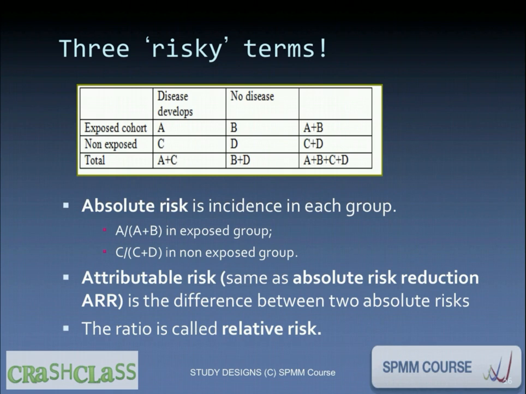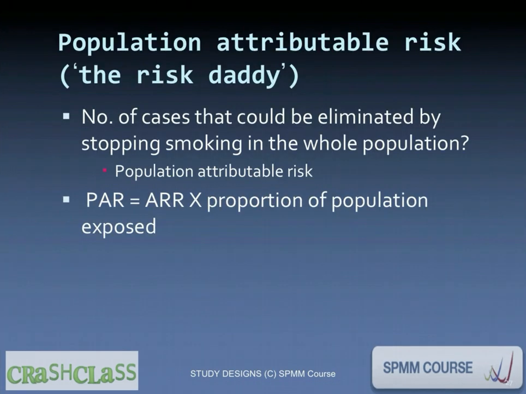If you do a ratio, you have absolute risk in the exposed group on the top divided by absolute risk in the non-exposed group on the bottom. This ratio is called relative risk. Okay, so the next